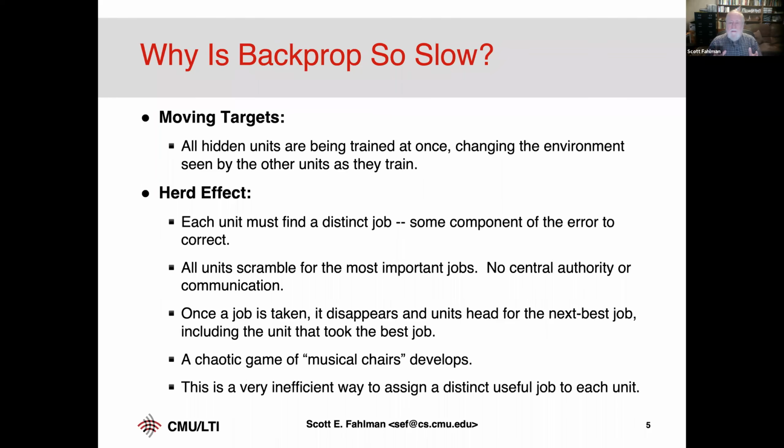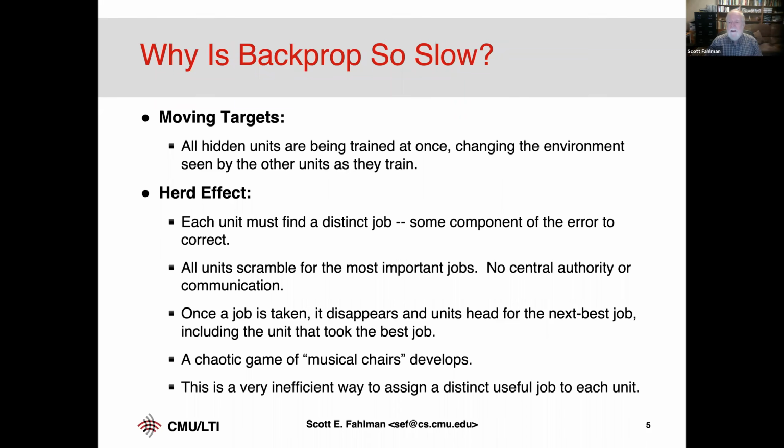The problem is if you have a learning problem, and say you've got a single layer of 100 hidden units. That's what you have. You should be able to do the job, except each of those 100 units has to find a distinct job to do. There are 100 different jobs that you need done, 100 components of the error that need customized behavior for that component of the error. And the trouble is they're all seeing the same error at once. There are big components and small components. There's nothing centrally saying, okay, this hidden unit, you're going to do that job. You're going to do this job.